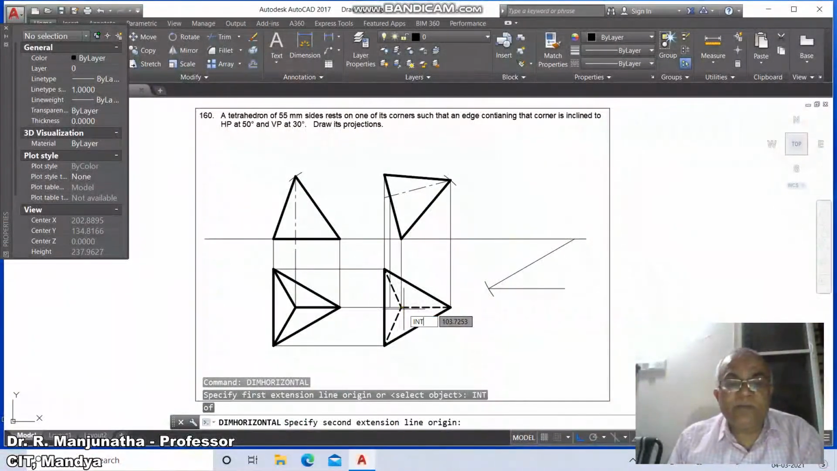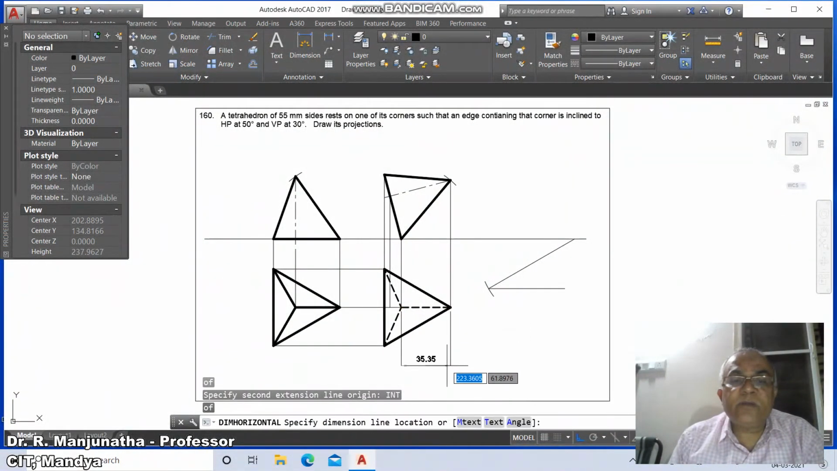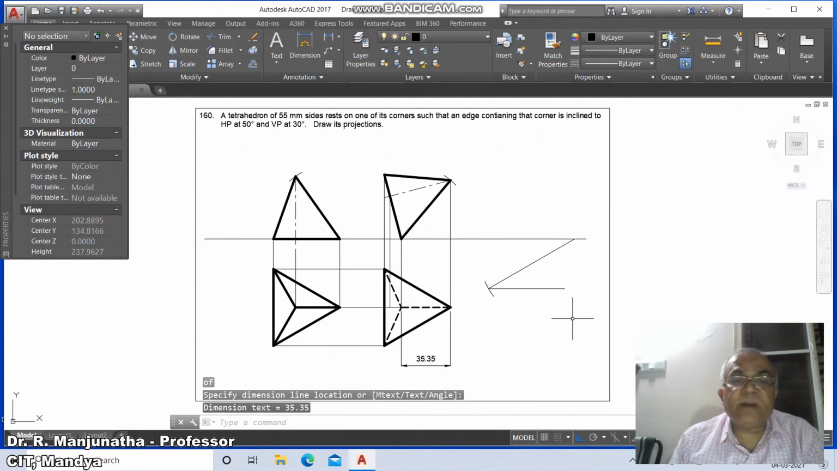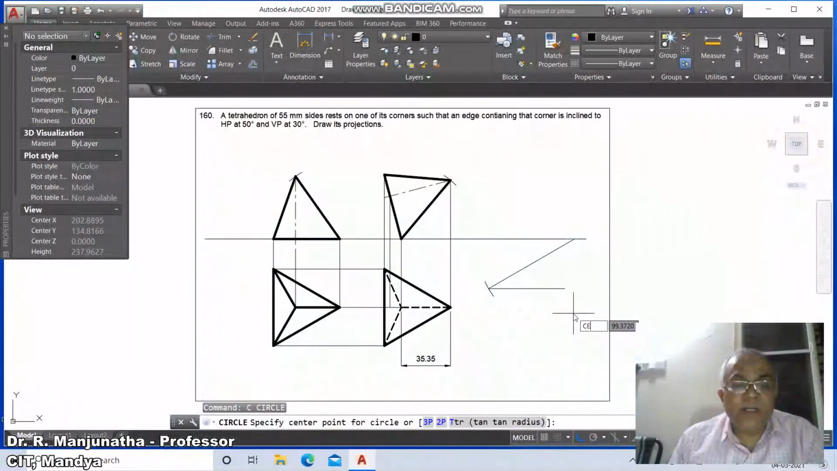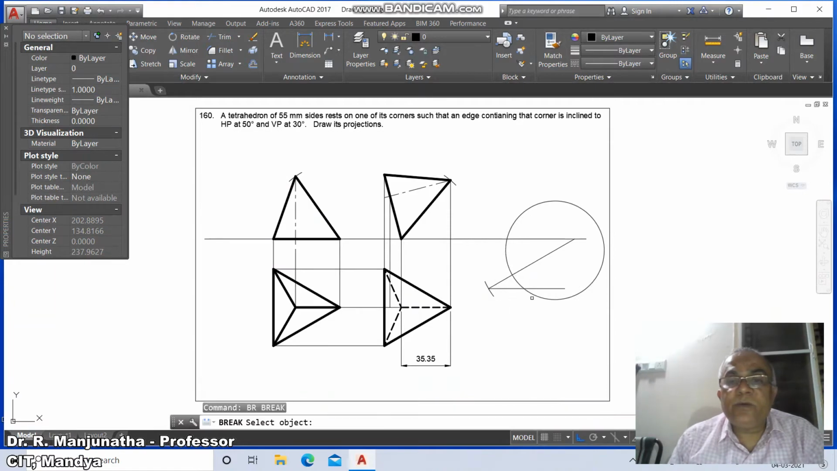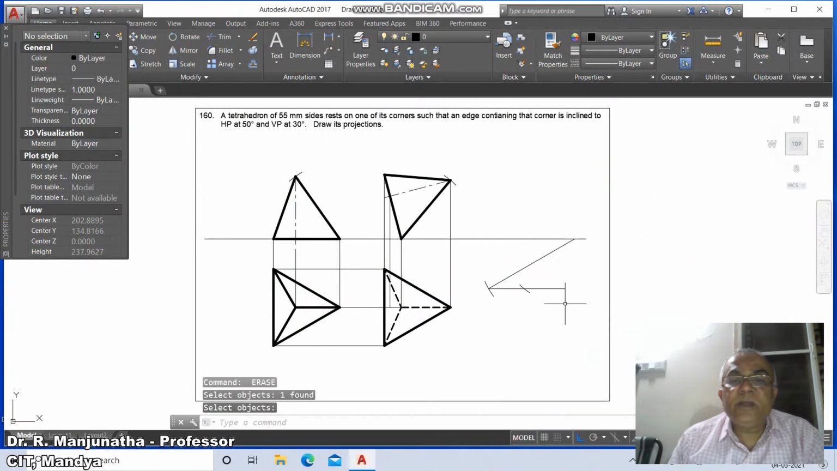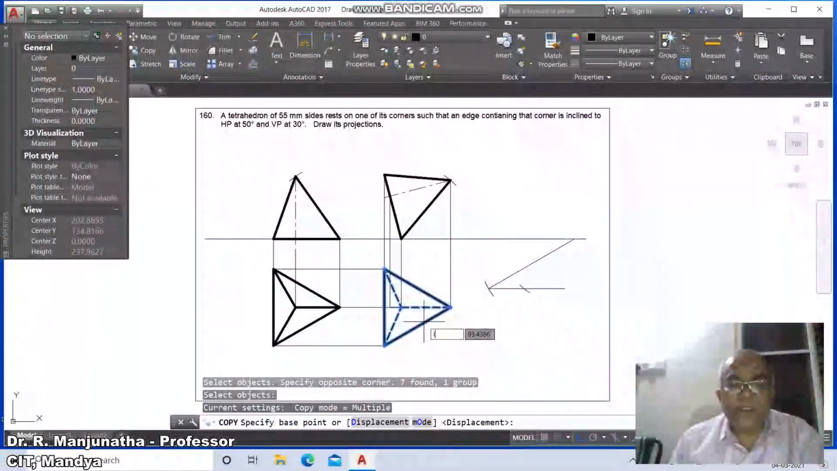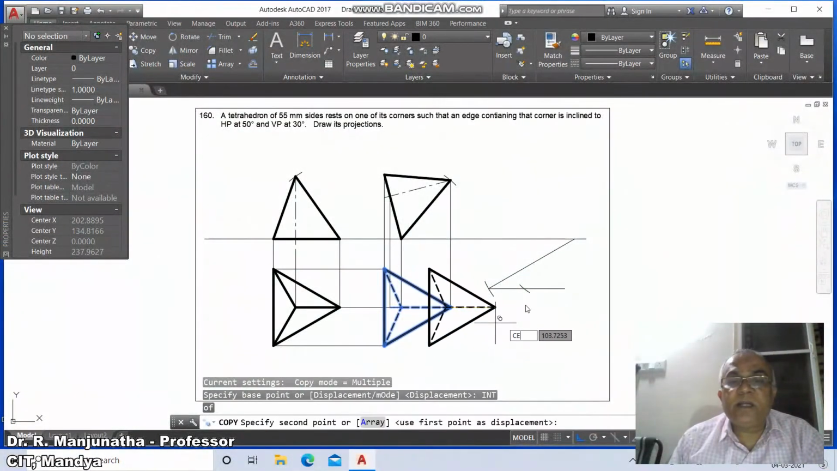take intersection point of this and take intersection point of this and take 35.35. Then now you take a circle, take center of this and take the radius of 35.35 and then go to break between these two and similarly break between these two. Then erase this, then go to copy, select this, copy this intersection point of this and take center point of